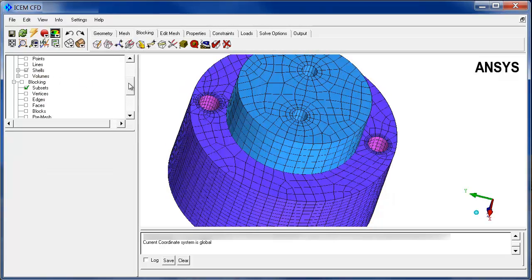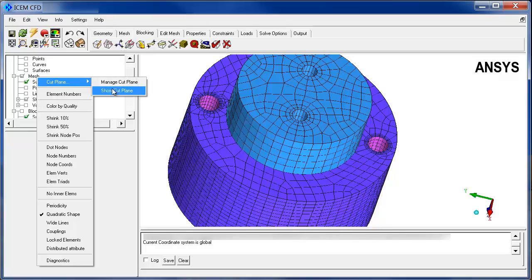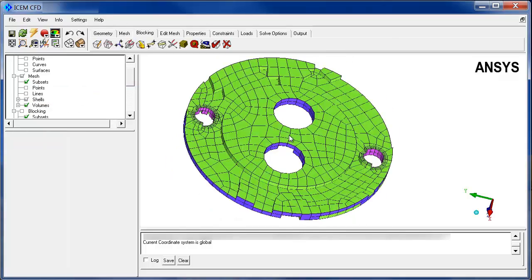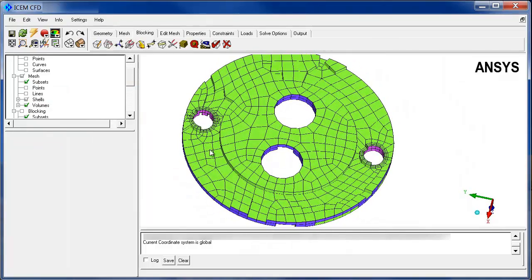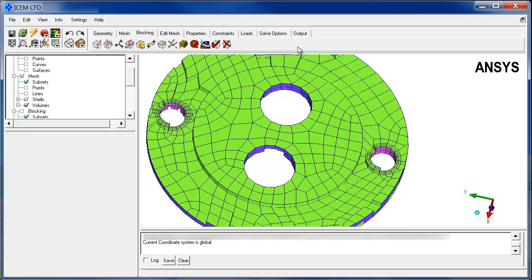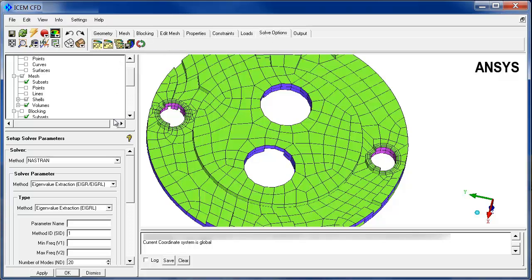You can also look at the cut plane for this mesh, and we can turn on the volume elements there, and you can see that. Mesh can be exported via the output menu, or you could apply constraints and loads and solve it through this menu here where you would pick your solvers. All different ways to